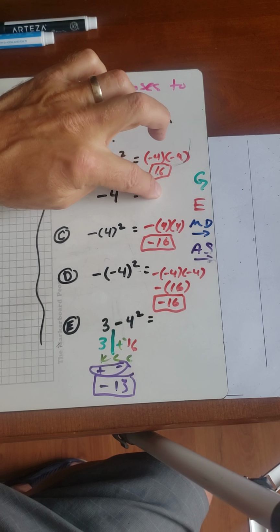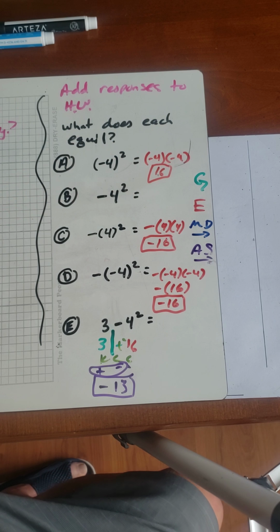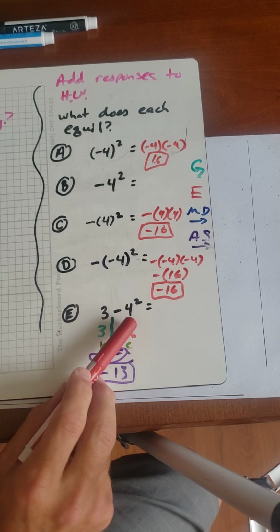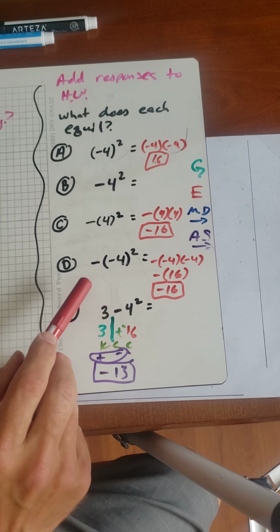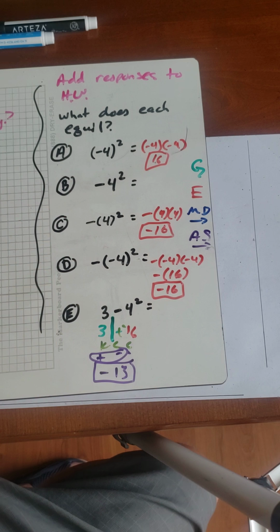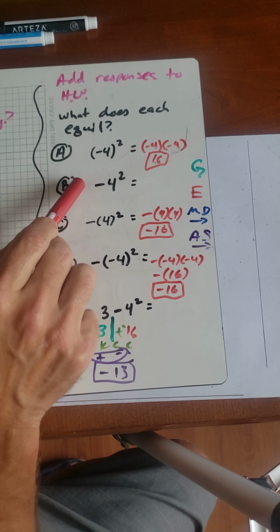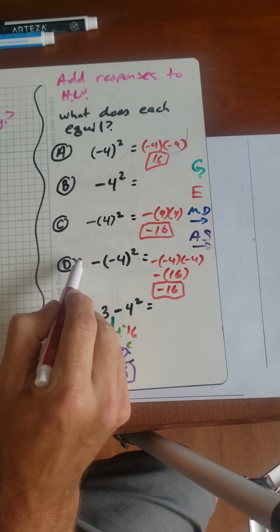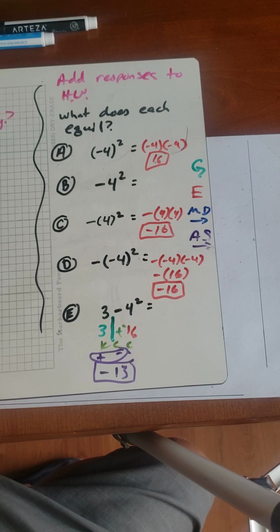Let me give you an example here. I forgot something in this problem. So we did this one as the easiest one. And the reason I said this was the easiest is because you kind of see the problem. I forgot to write a number here, here, and here. So what number could I put there that's not going to change that answer? Well, if I put a 0 in here,